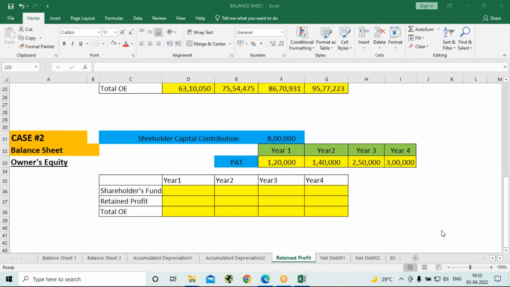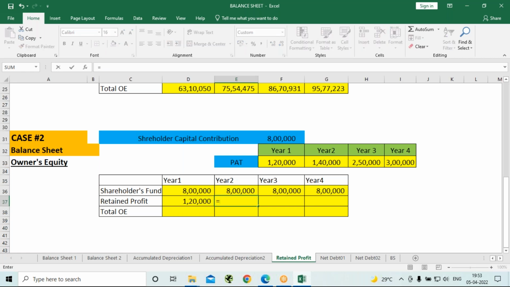Yes, sir. So can you try? So the shareholder fund will be 8 lakhs. Okay, so it will be 8 lakhs. Fine. Then the retained profit, it is going to be the same. Profit is 1 lakh 20 for year 1. So I have to link with this. Good. Then year 2 is 1 lakh 40